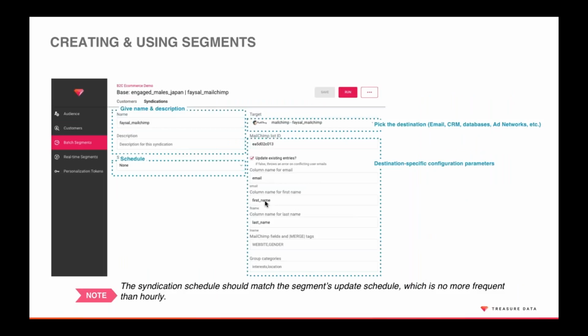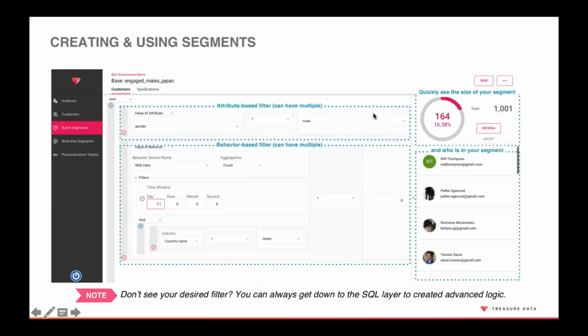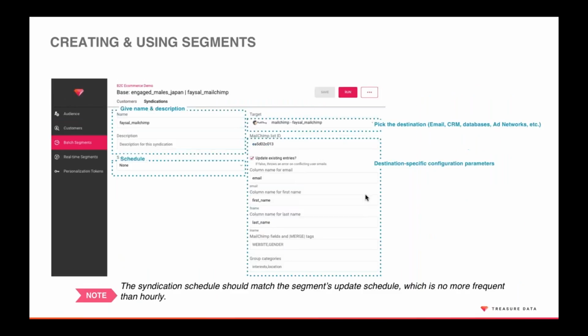And then what you can do is actually target those people with a syndication. In this case, we're sending it to MailChimp. So we're creating a way for us to actually activate and operationalize that segment. Again, it's very different from maybe an analysis tool. We don't create this segment and then just try to create analysis or reports around that segment. What we actually do is try to activate that segment. So here we're actually sending it to MailChimp.